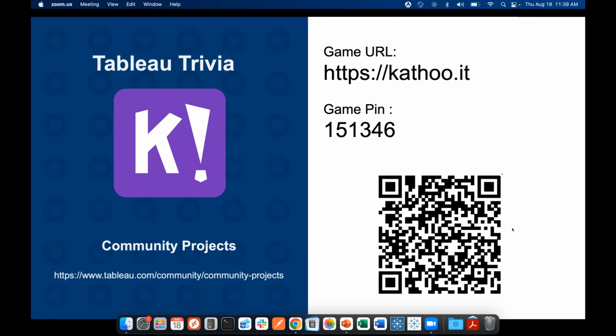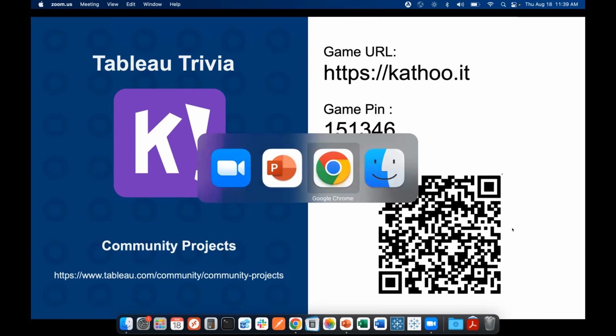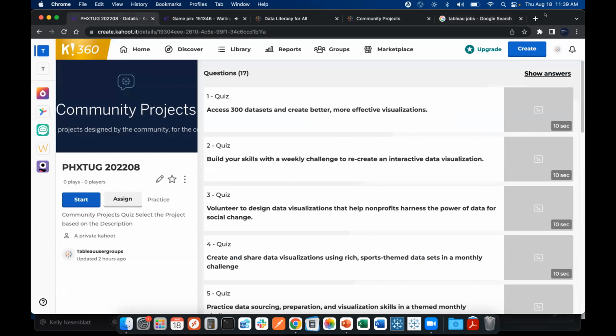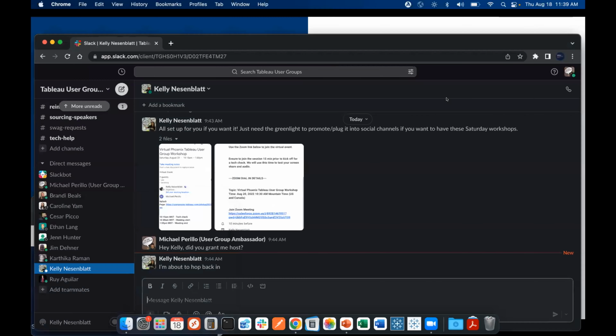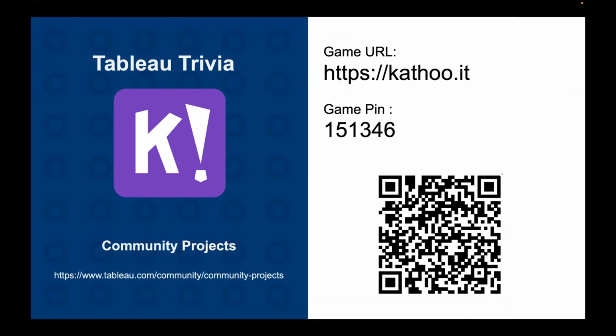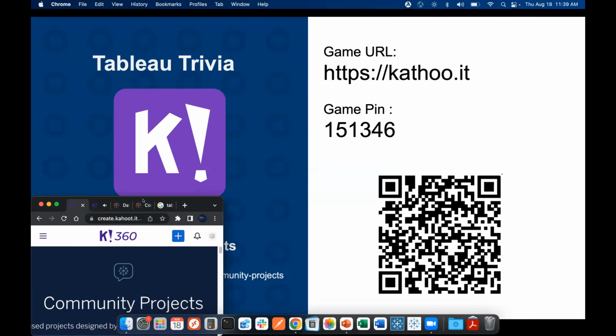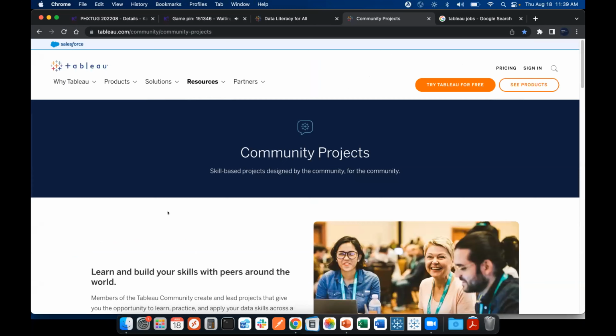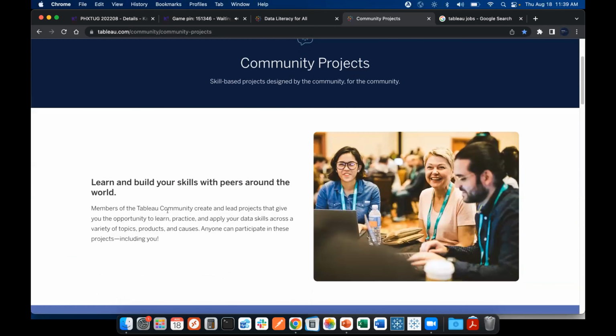So if you're not familiar with the Tableau community projects, we're going to show you what that looks like here in just a moment. There we go. So the community projects, if you go to tableau.com/community and then community projects, I think I posted that into the chat earlier.